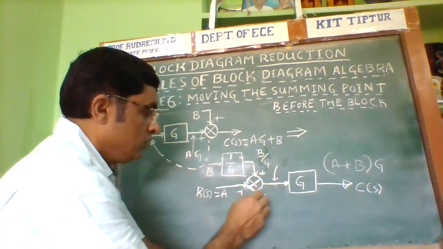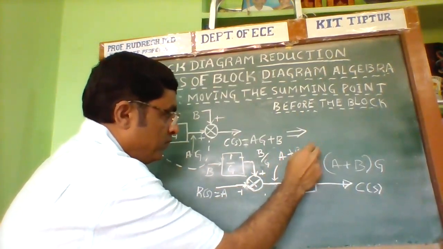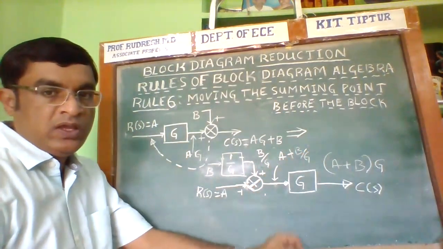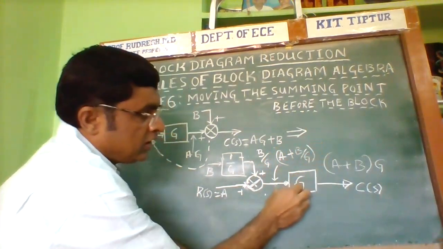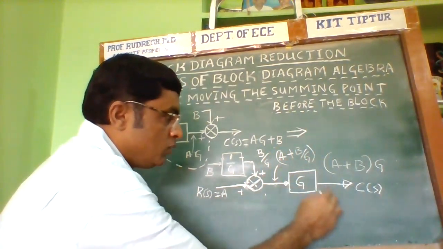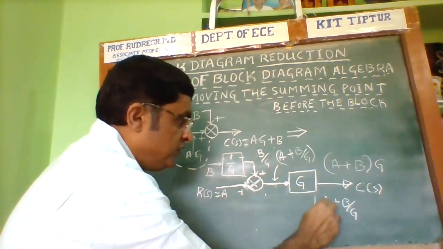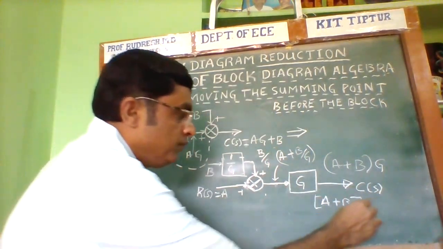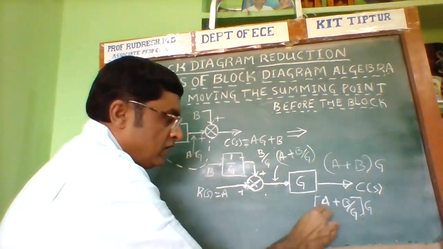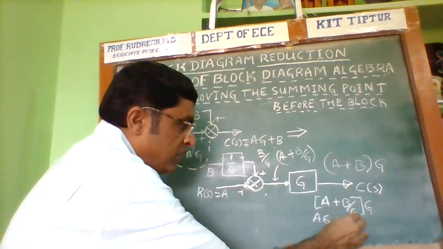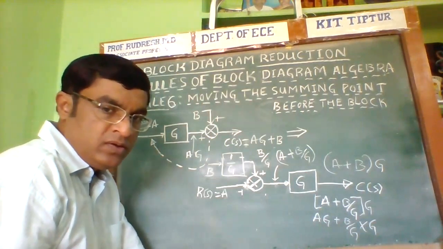Now, what is the output? The output is equal to A plus B by G, and this quantity is the input for this particular block. The output is then (A plus B by G) into G. Therefore, if I multiply this G with A, and then B by G into G,